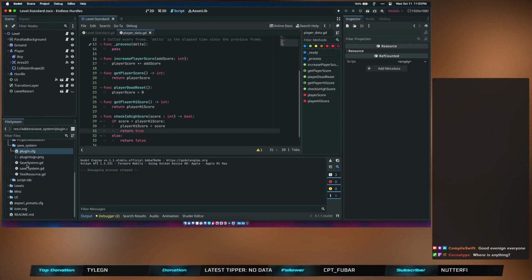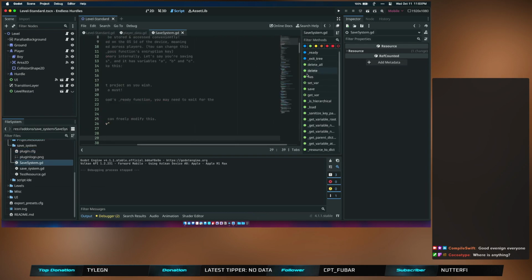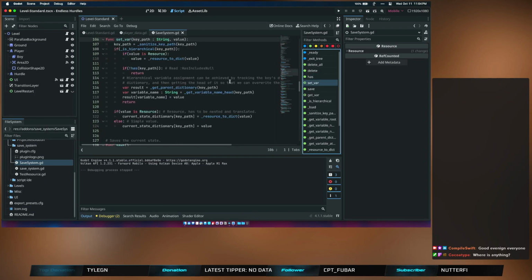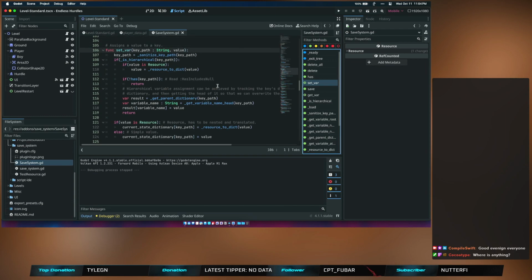Okay, so let me open up the code here, right? So this is that plugin that gives me them here. You can see there's the gets, the sets, and all of that stuff, right? Assign a value to a key. So what we should be able to do, and it does according to the documentation, encryption, and those kind of things. This is not a huge priority on this because the saved file